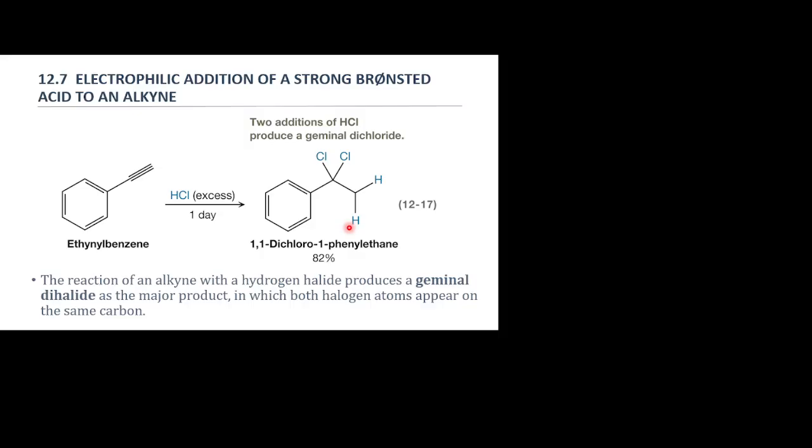Okay. Let's look at another one of these reactions. So this is going to be the alkyne with hydrogen halide. This is actually going to produce what's called a geminal dihalide. You may remember your geminal dihalides and geminal groups. Okay, that's fair. So this will give us our major product, a geminal halide. Both of the halogen atoms are going to end up on the exact same carbon, which is what geminal means. Like Gemini, twin, right? Born on the same day. Geminal, born on the same carbon, right?